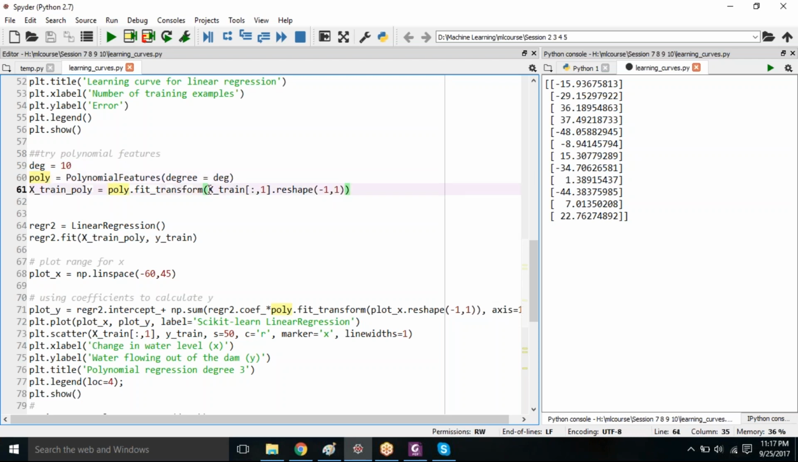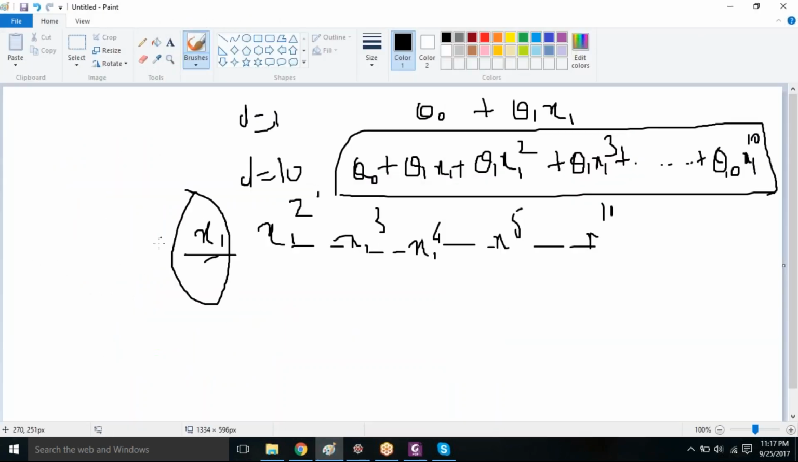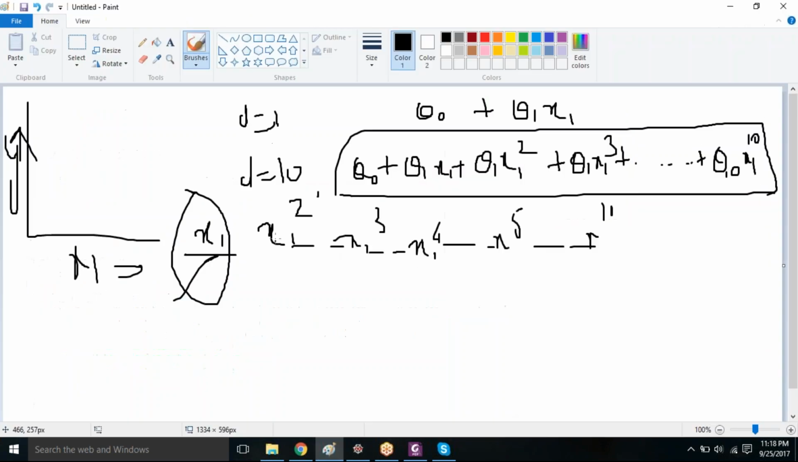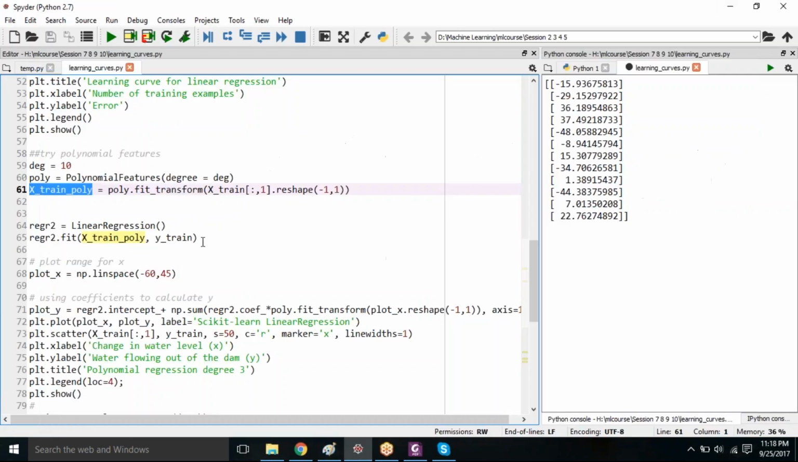Now with this object, when you give it the x-train, it means you are giving x1, isn't it? If you see the graph, this is your x1, right? And this is your y. So you are giving x1 to this. When you do that poly.fit_transform, because it knows the degree, in this x-train poly it will calculate all these x2, x1 cube, x1 4, x1 5, x1 10, till everything it will calculate,